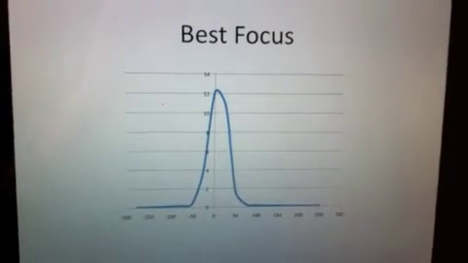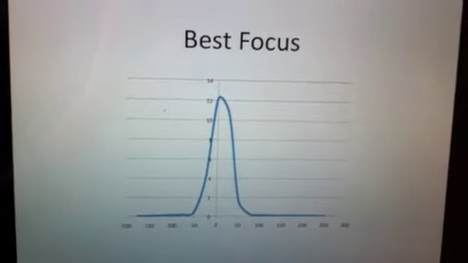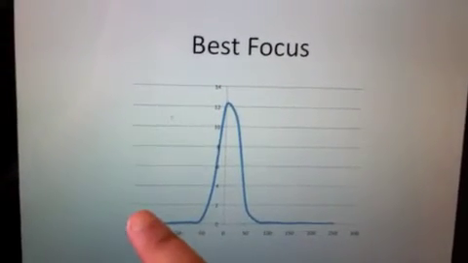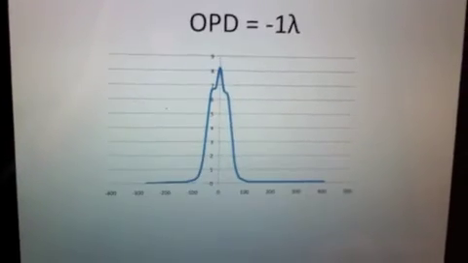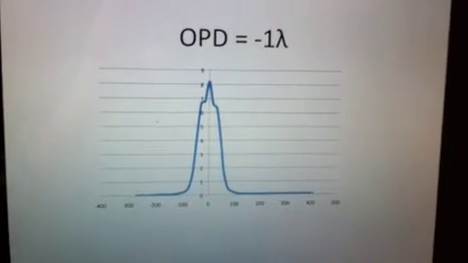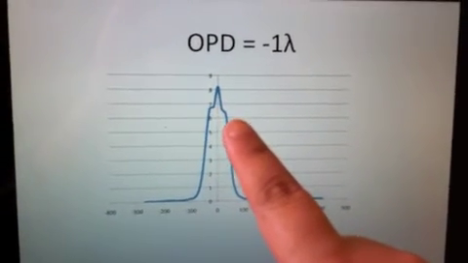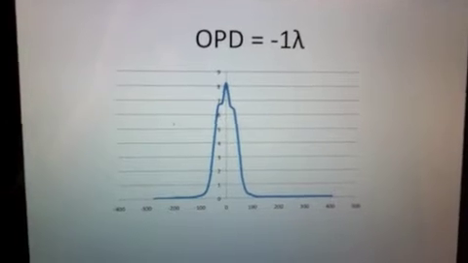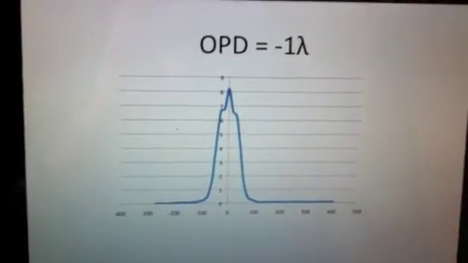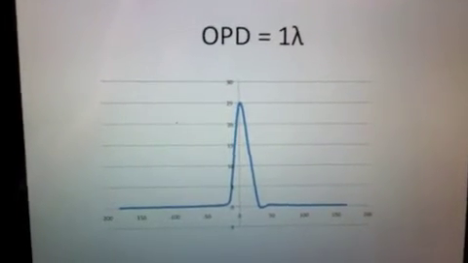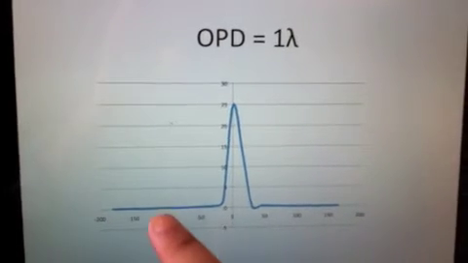These are the results that we obtain when we move the slit through the beam. This is the location at best focus. As you can see, it looks exactly as we expect it to look, which is a Gaussian curve. Then we moved to a location of about 1 lambda. As you can see, we get these 2 imperfections that we think we could have eliminated by taking more points, but you get a general shape of a Gaussian again. And then finally, we moved it to where the optical path difference was about 1 wave, and again, it looks